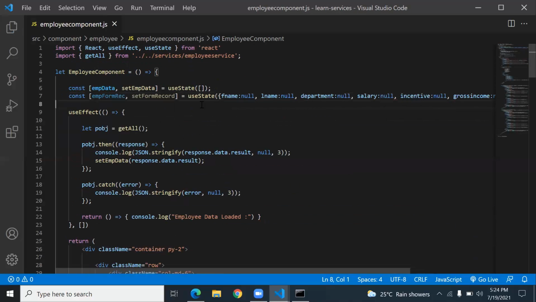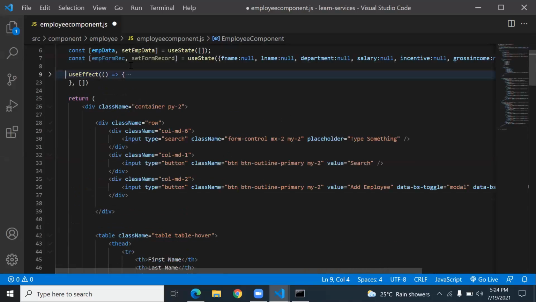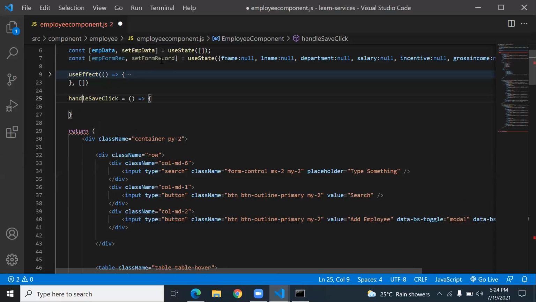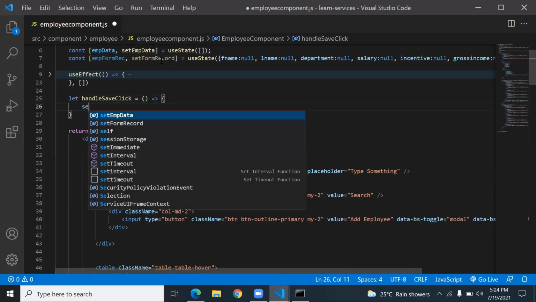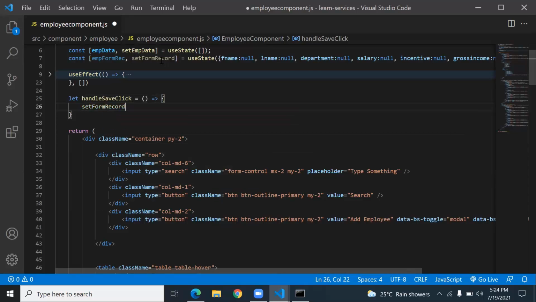So how to create this record? To create this record, you define one more function. For a while I will hide this useEffect function, and I write here a function, handleSaveClick. It is a function. So to this function, I execute a task. Here I call that setFormRecord function, and I prepare the record like this.